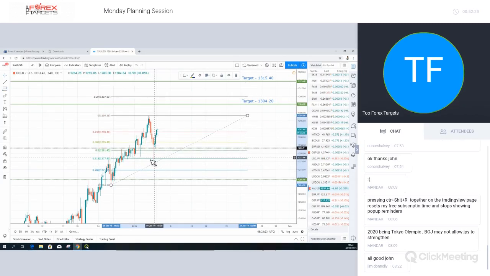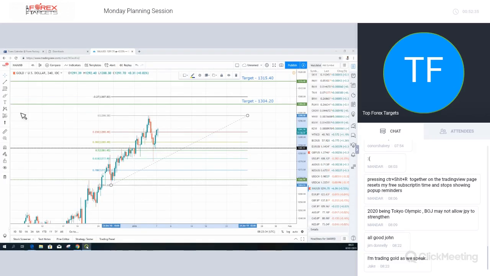If we take this, you can see we've already bounced from the 618. You can see how this came back. This is exactly what we cover in the TFT course, trading gold as we speak. Good stuff. So in gold, I am looking at gold this week as being another market that could provide a good opportunity. Now we've already had this bounce from the 618, this looks to me like we're starting the first wave up, perhaps of 5.